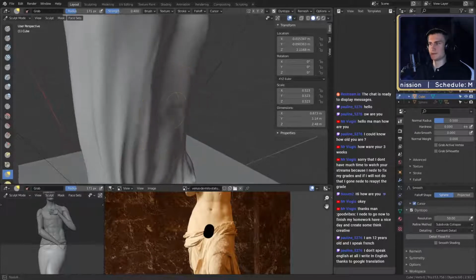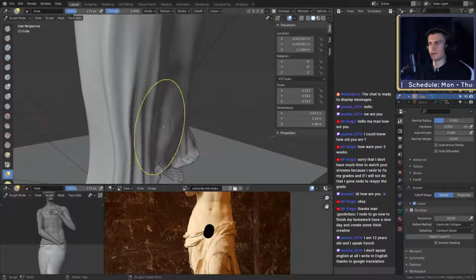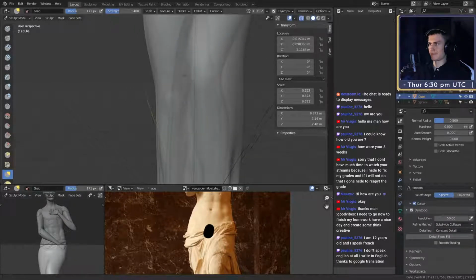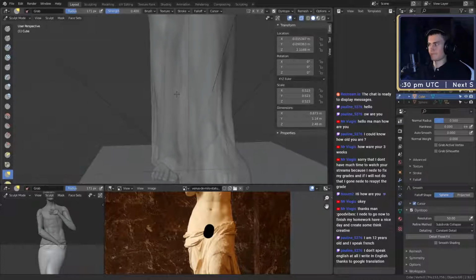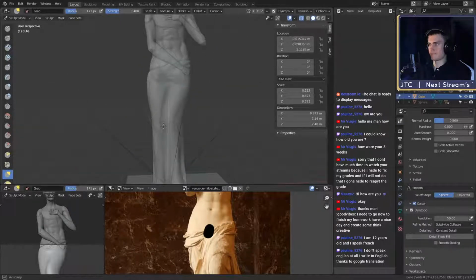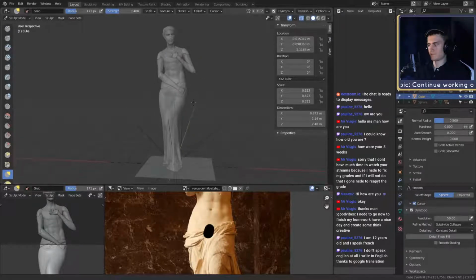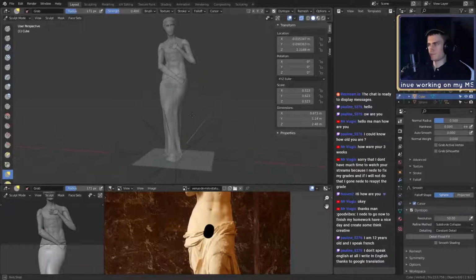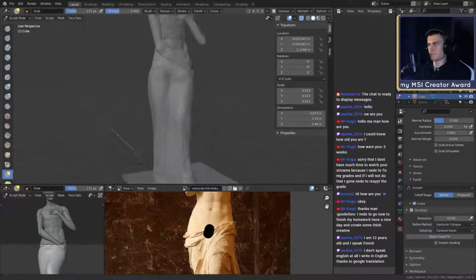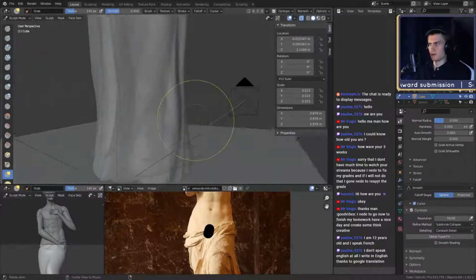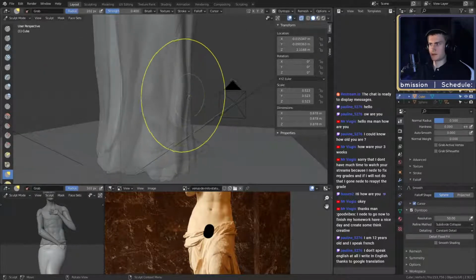So I kind of have to resort to using the move tool and the snake hook tool. We need to push this in.